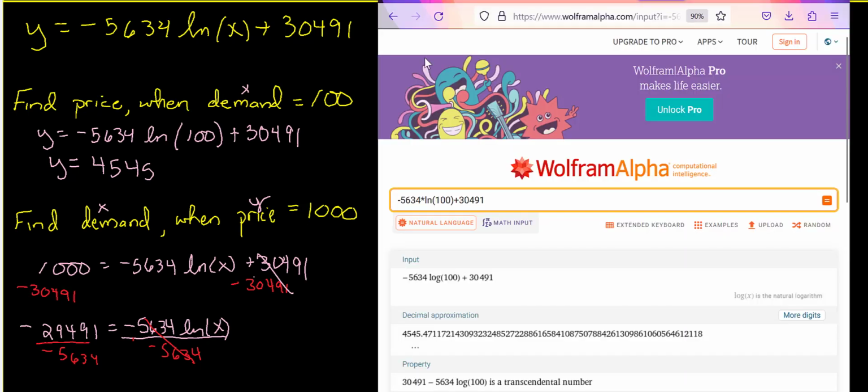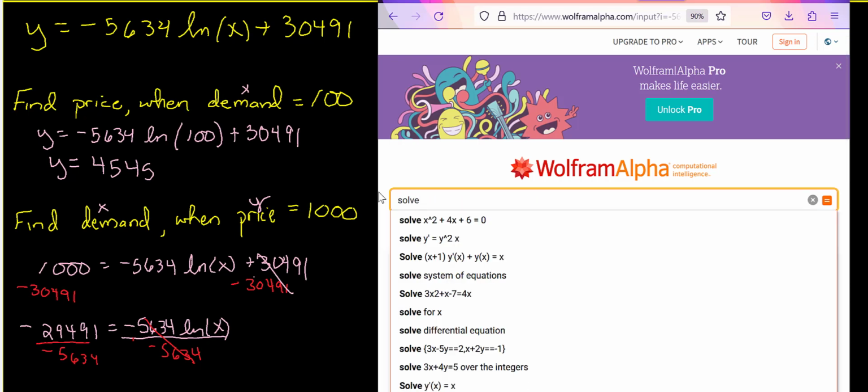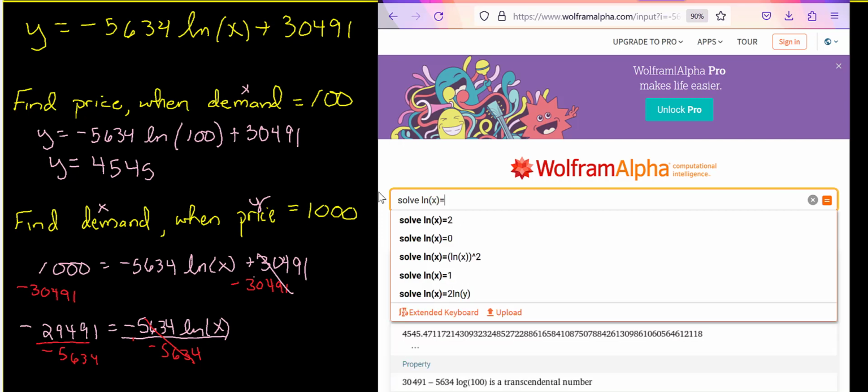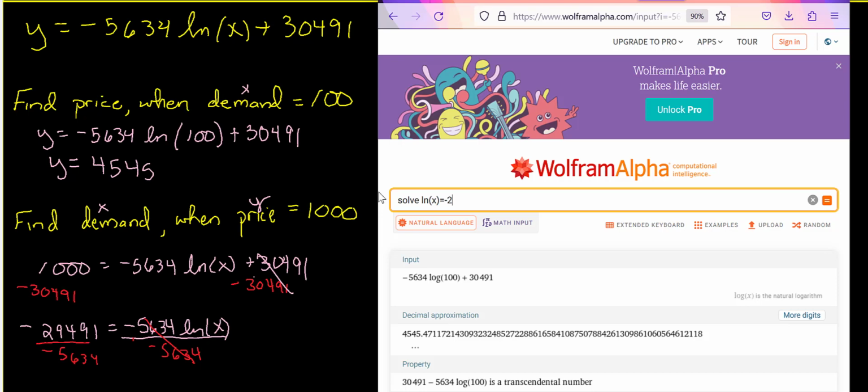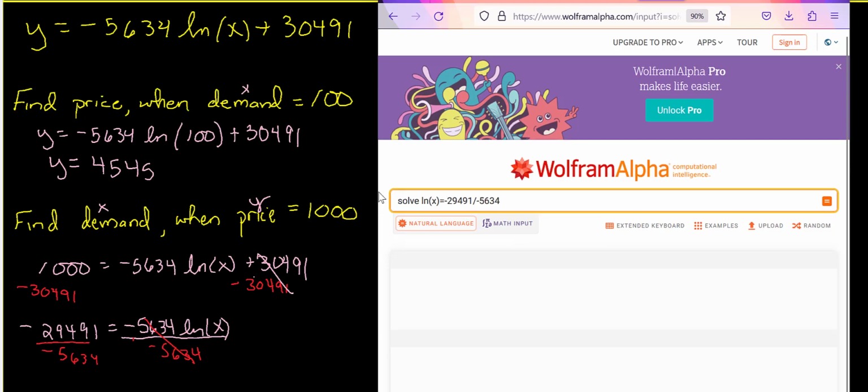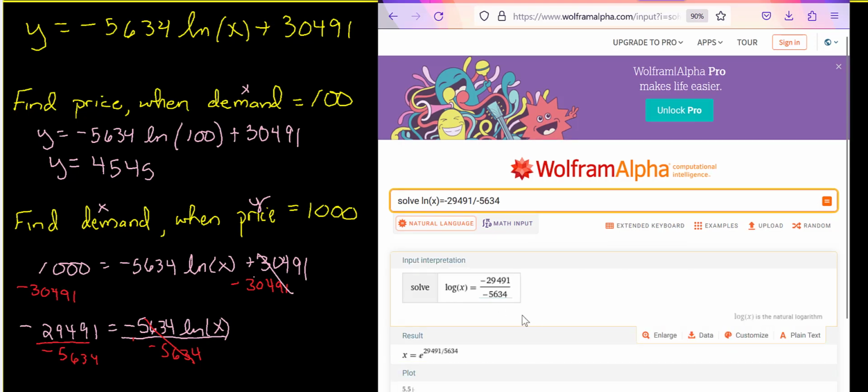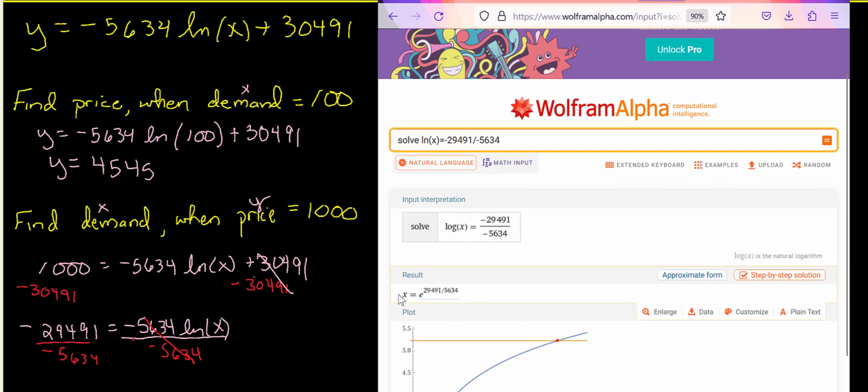So here I've brought up Wolfram Alpha again, and I'm going to say solve natural log of x is on one side, and then on the other side of my equation I've got a negative 29491 divided by negative 5634. So I get an exact answer here, which looks a little bit bizarre, and I can also get an approximate answer of about